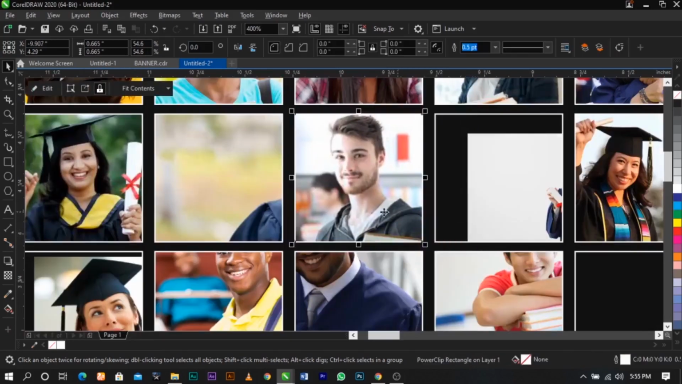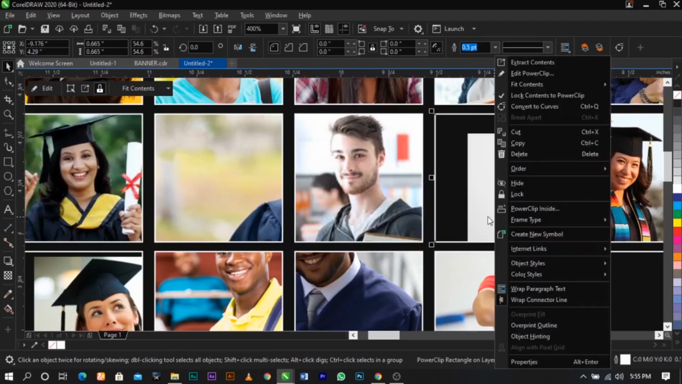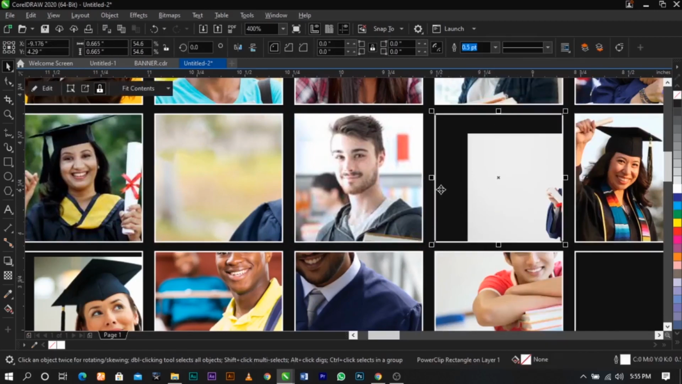to fit the frame. The other way to do it is to right click on this, and I think the option is not here. Okay, I think it is here. That's if you're using Corel 2020,